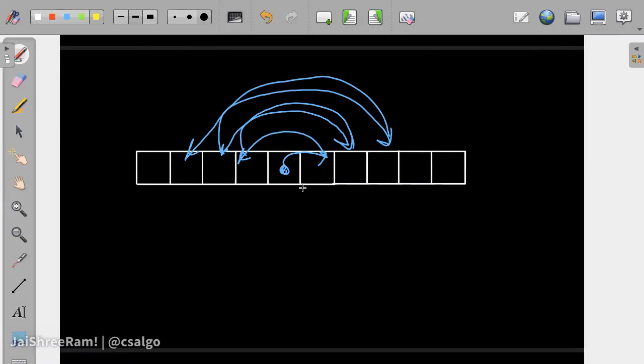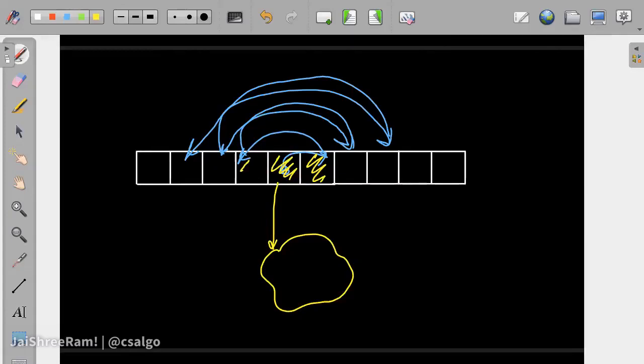What will you maintain in the set? The free cells or the blocked cells? Blocked cells. So once you move out of it, this will become blocked and you will add it to the set, right? Then when you try to go back, you will check in the set, okay, this is blocked. So you will now check the next cell, it is not blocked. So you will go to it and this will become blocked, right? Then when you go back, you will check this, it's blocked. You check this is blocked, and then you go to this, right? This is what we are doing, right?